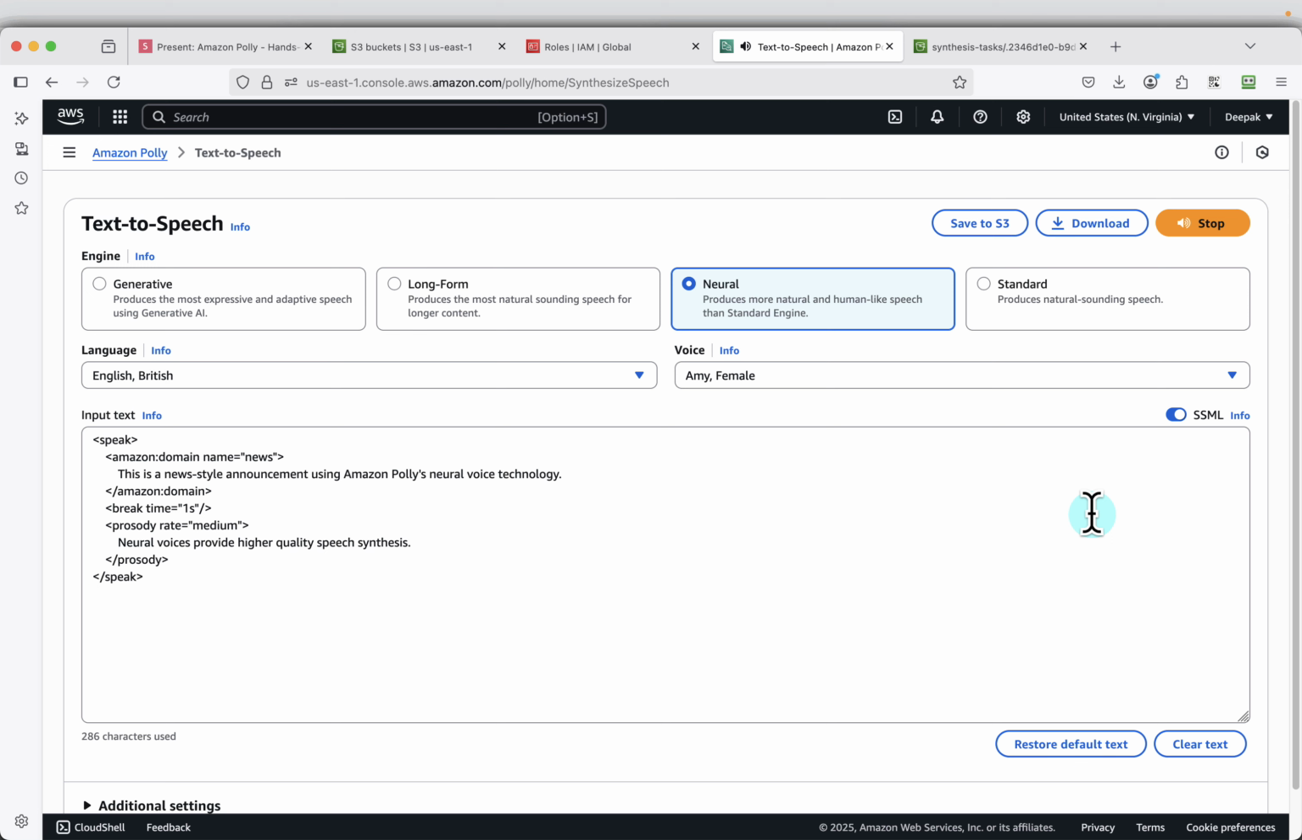This is a news style announcement using Amazon Poly's neural voice technology. Neural voices provide higher quality speech synthesis,